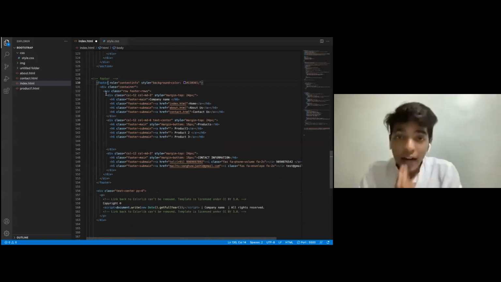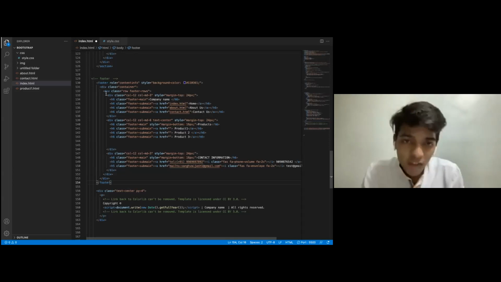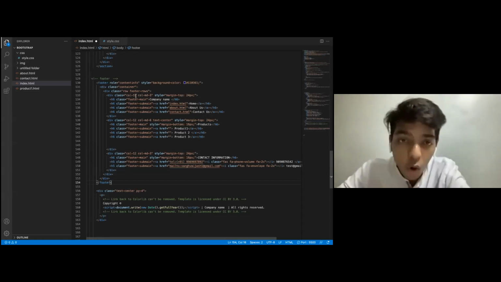Here, the part remains the same. It is done by the grid system itself. So first there's the container, then there is a row. Footer rows give you a better representation of margin and padding, but row would also have done. Then there is a class of column 12, and in that I want the column to be of only 3. Then here it is 3 and here it is 6.